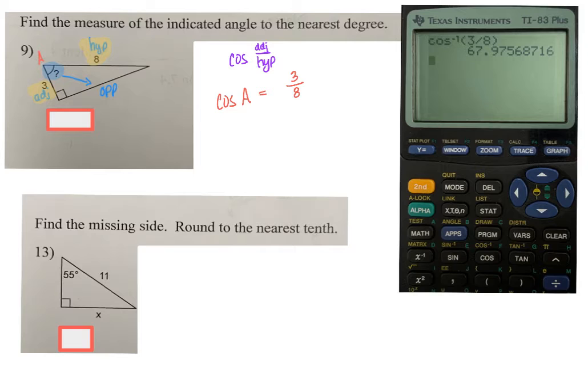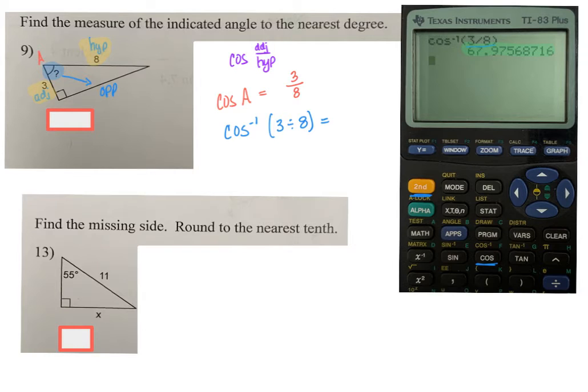Since I'm using my inverse functions, then the cosine inverse function here of 3 divided by 8 would then equal the angle that I'm looking for. And so when you plug that into the calculator, you would say shift cosine, and then you would put in the 3 divided by 8, and it would give you